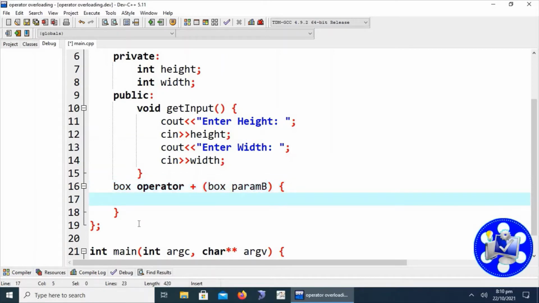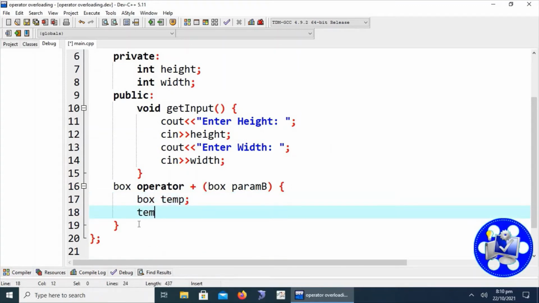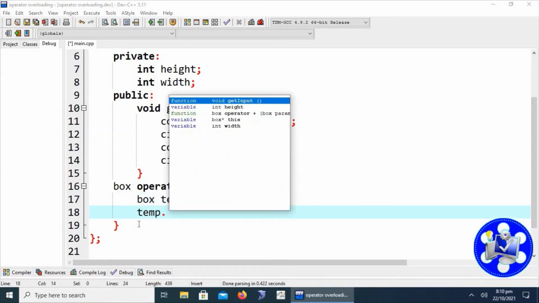I have just written the parameter as param from the Box class as b. In the definition we have to create a temporary object of the same class. We are going to add the values of the two objects of the Box class.